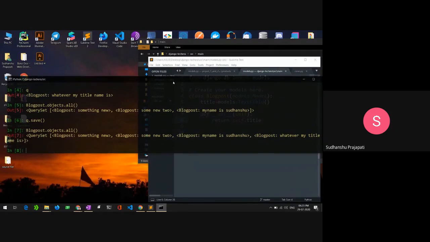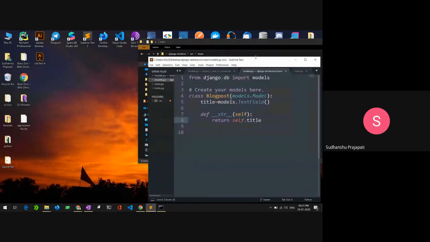We will store our query, whatever list we are getting, inside one object, and we will pass that context, whatever information we are storing in that variable, to the HTML page to render it, so that we can see it. I will explain it better in the example.